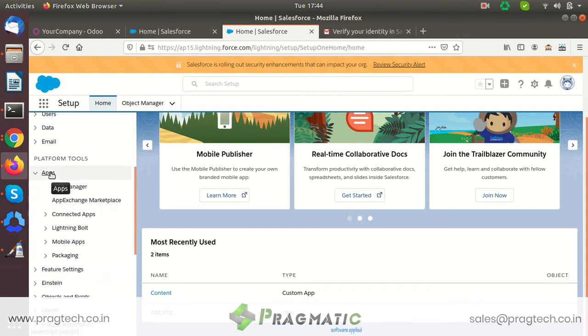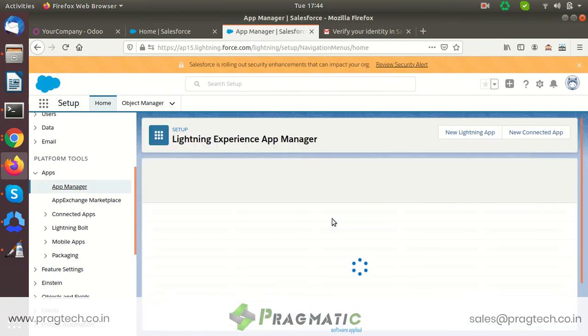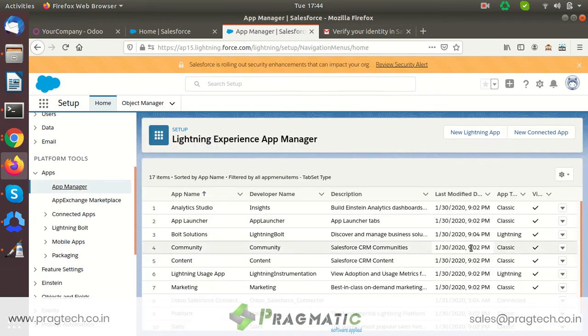When I click on Apps, here is the App Manager. Under this, all the apps which are connected to this particular Salesforce instance are visible. We can see the app Odoo Salesforce connector, which is already connected here.